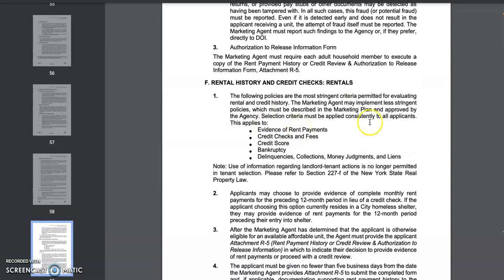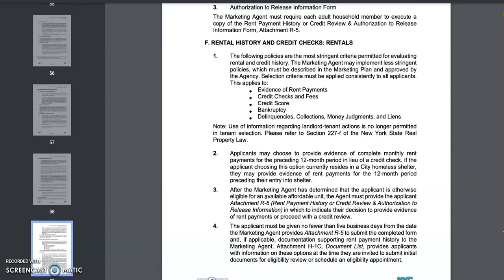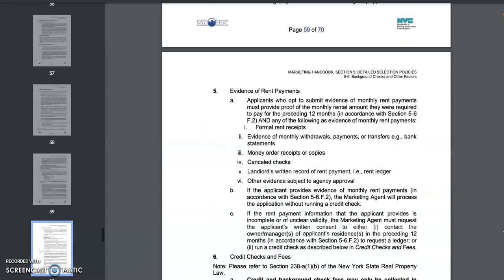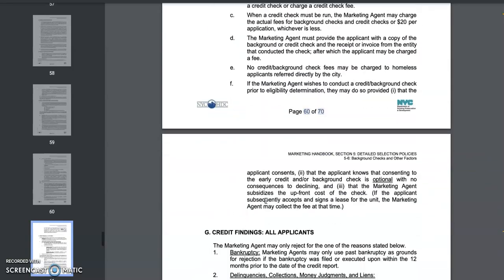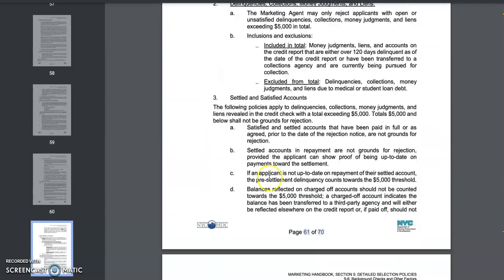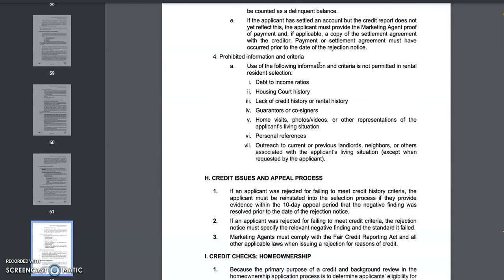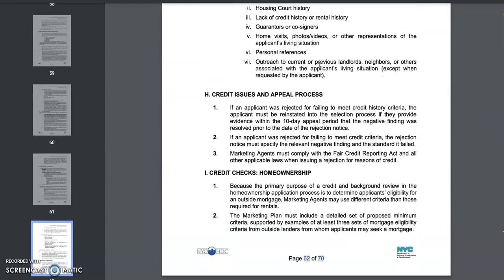Rental history, all the changes are here. And as I mentioned, they just updated this back in August. So there's a lot of things that changed since COVID. Developers had to pivot, the city had to pivot. So there's a lot of different changes. So it's just so critical that you guys read this information and you could be informed. You could understand how to approach certain things.